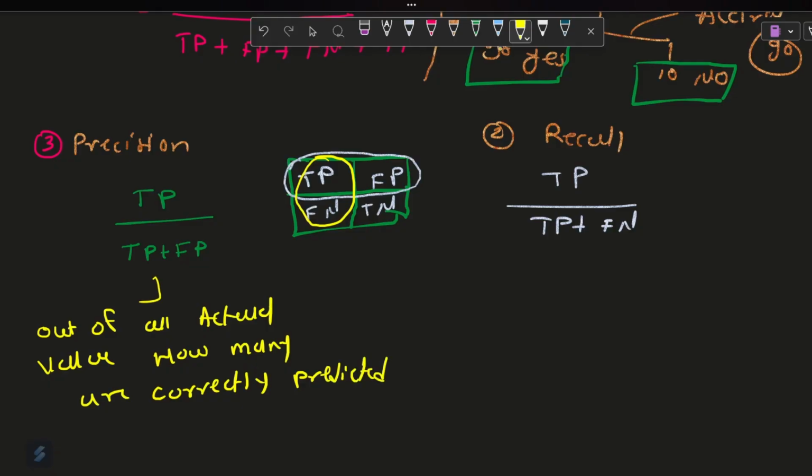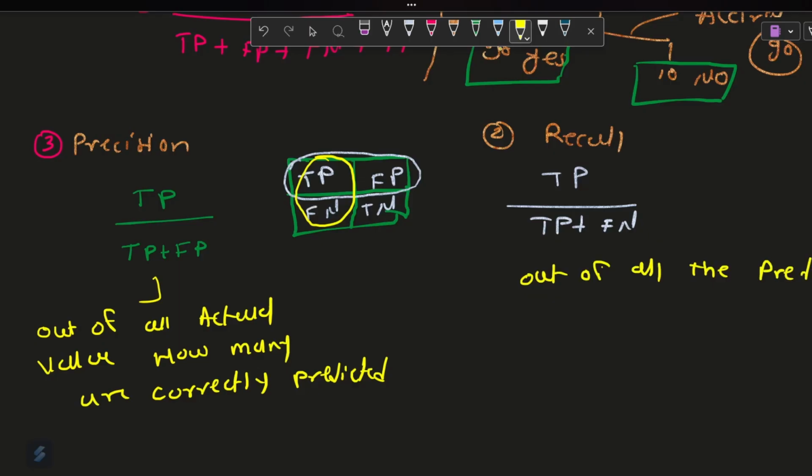This formula, in simple terms, when you draw the precision graph: out of all the actual values, how many are correctly predicted? And similarly, when you draw the recall,